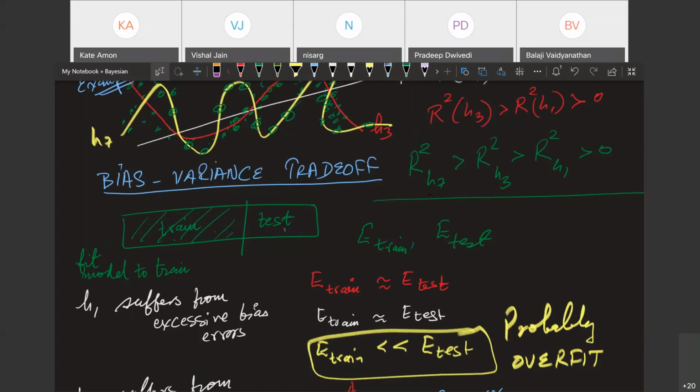So let's forget about that for now. Hypothesis 1, which is the white line, we said again E-train will be nearly equal to E-test, but here the bias will be very high. So most of the errors in hypothesis 1 are coming from high bias, and you can't do anything about it. You can't learn that from gradient descent, because the best line is still the best line. Gradient descent has found hypothesis 1. If you insist on a straight line, that is the best straight line that gradient descent will take you to, and that line will suffer from high bias errors.